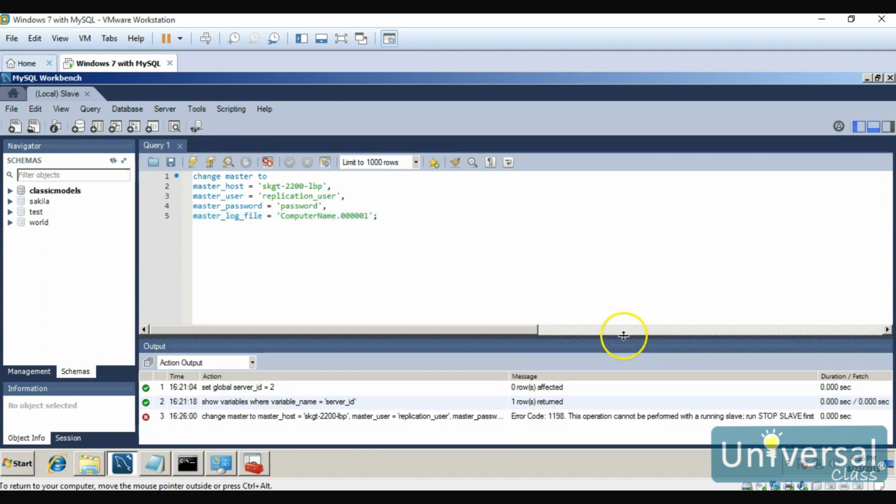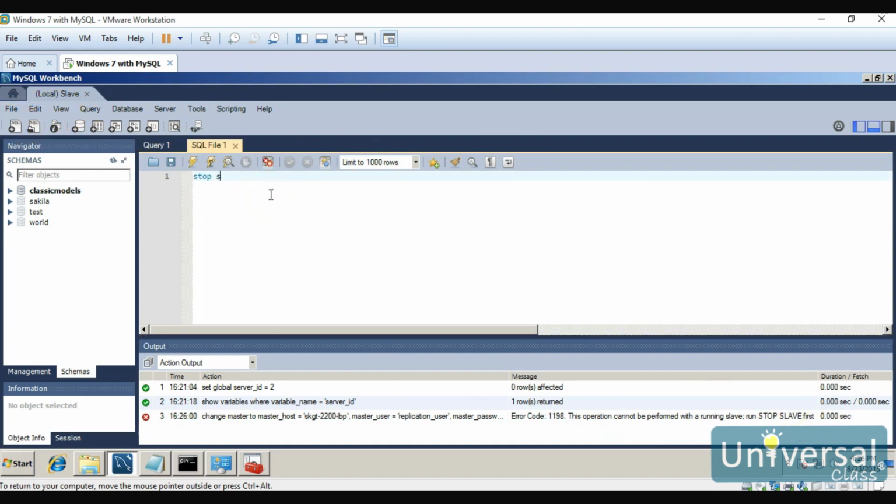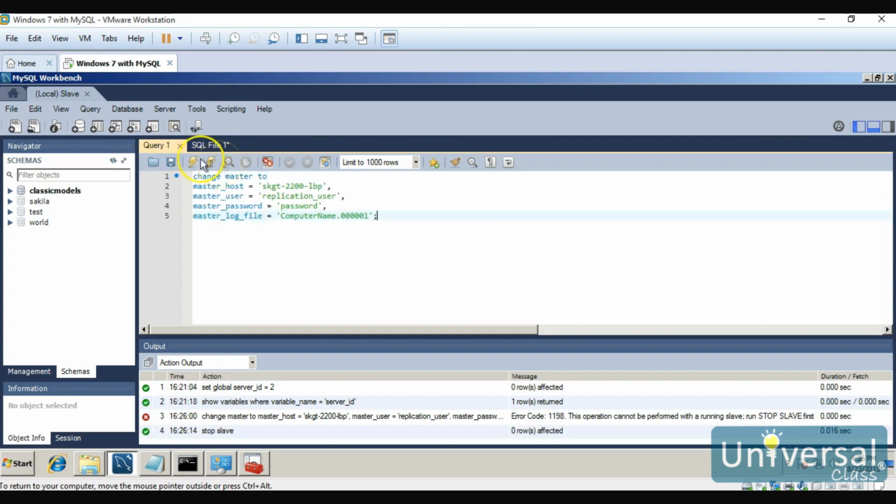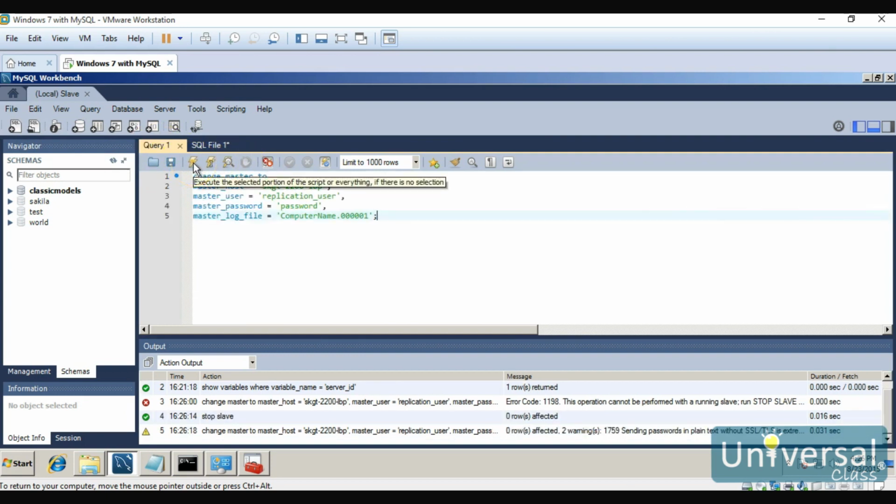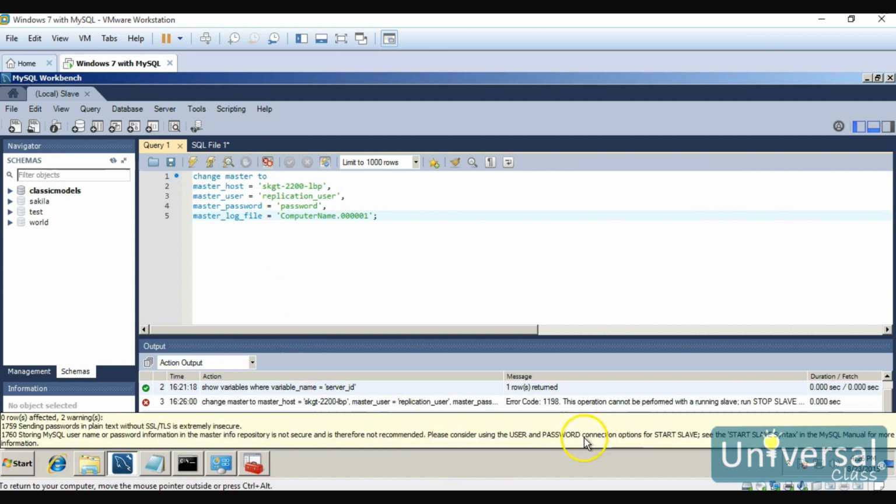And I actually got an error that says that it cannot be performed when it's running a slave. So what it wants me to do is issue a command to stop the slave. So I'm going to say stop slave, run that, and now I should be able to change my master. Okay, now it does give me 2 warnings,